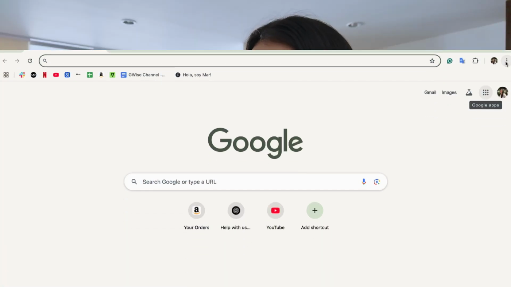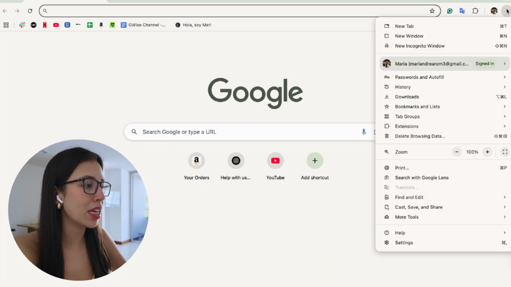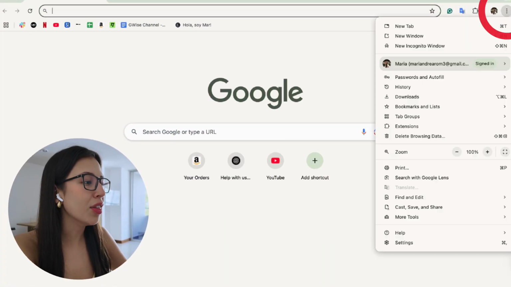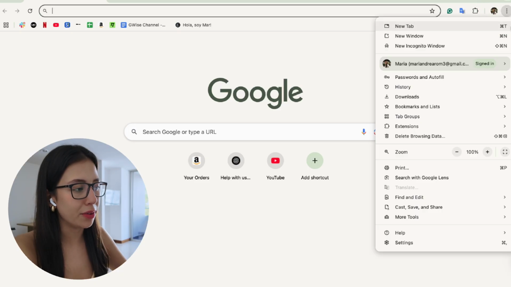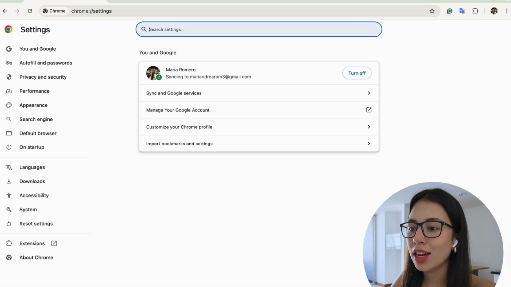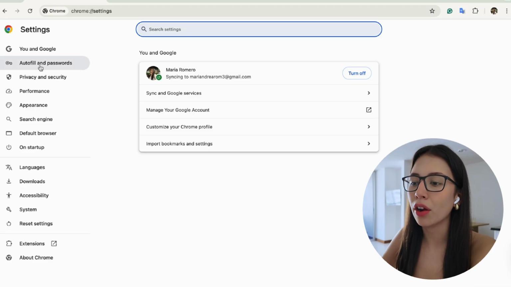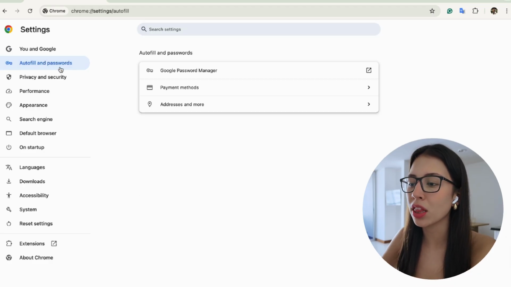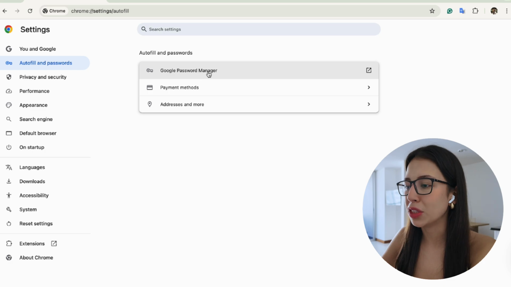So simply open up google.com on your computer and click on the three dots that you see right here on the right hand corner of your screen. Scroll all the way to the bottom and select Settings. Under Settings, you're going to select Autofill and Passwords right here on the left, and then click on Google Password